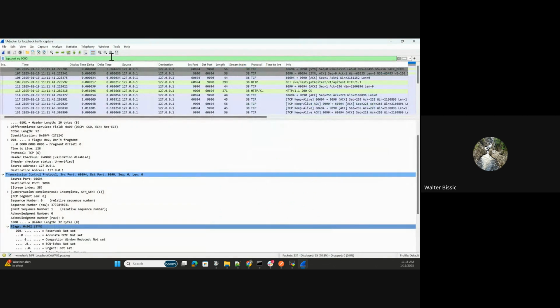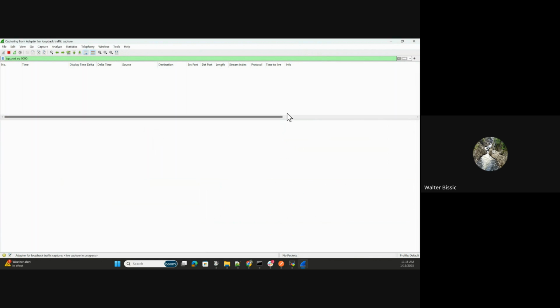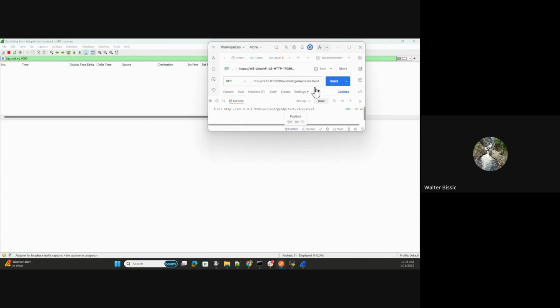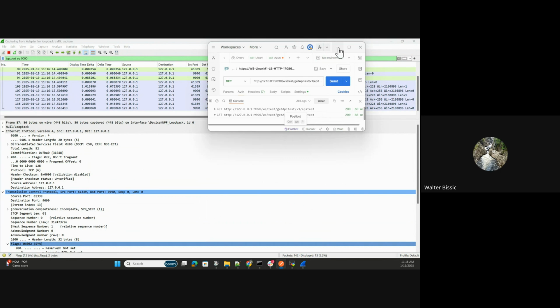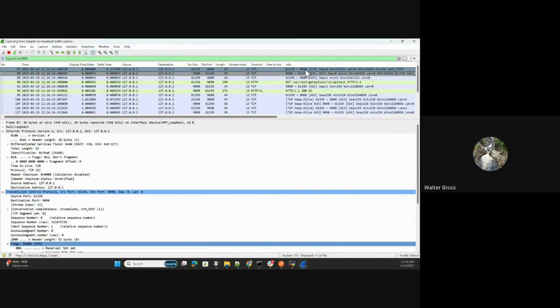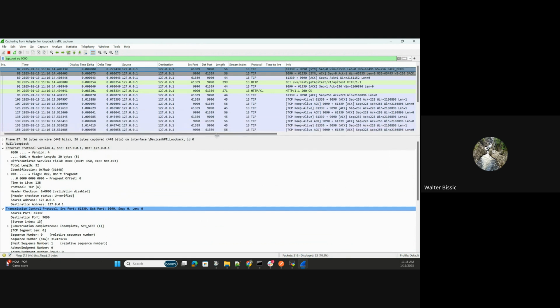Wireshark. I'm going to enable tracing on a local port here, where we will send a Postman request to that port, and then we'll see the establishment of the connection. So here you see where the connection went through successfully. And if we look at the beginning, here you will see the breakdown of